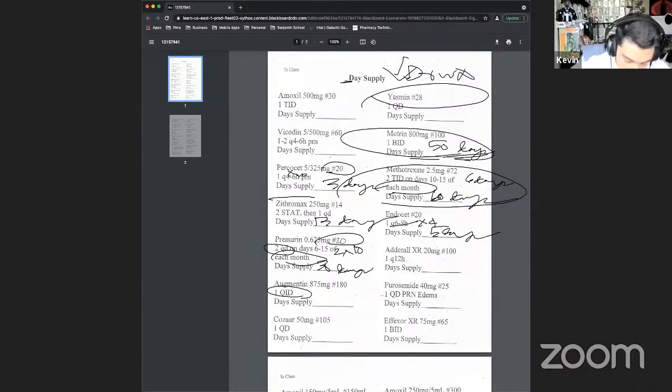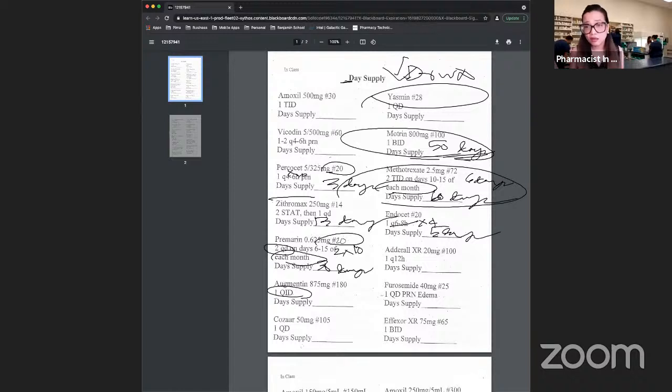For Adderall XR, I got 50 days. 50, because every 12 hours is 2 times a day when we're talking about a 24-hour period. But there's a difference when you receive a prescription that's BID